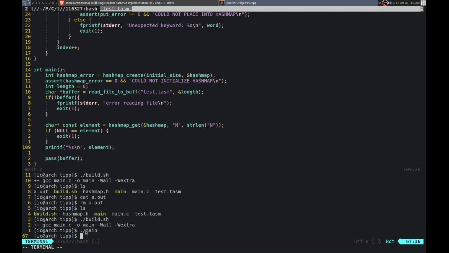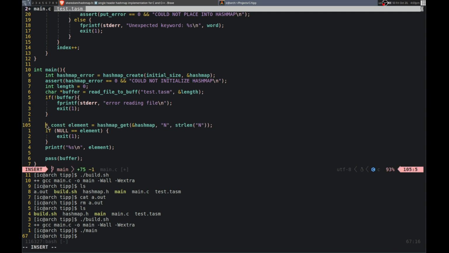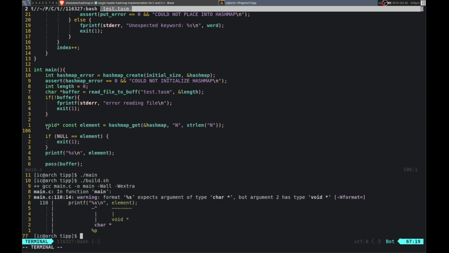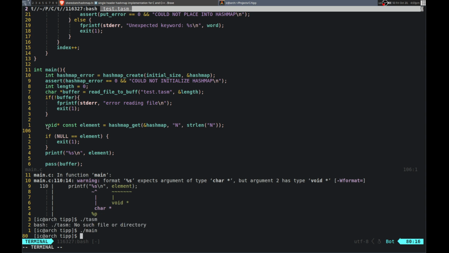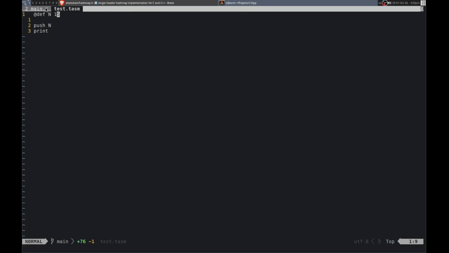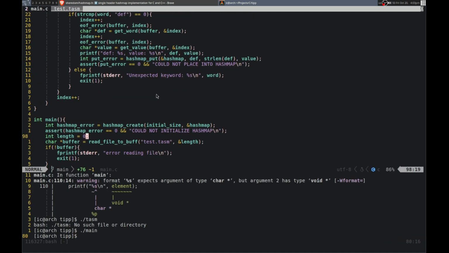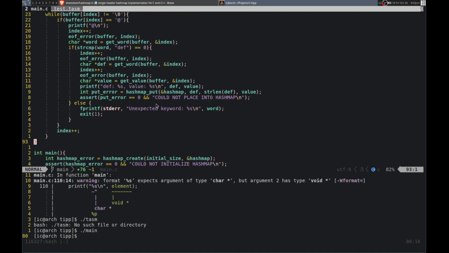So that seems to not work. So it did not get the element properly. Does it need to be a void? That's not right. Okay, so that should be working though. So perhaps it is actually because of the